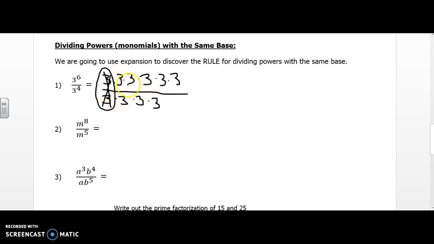Let's see how many pairs of these I can make. Well, I see another one right here. There's another pair of 3s, so we'll cancel those out. I see another one right here. I'll go ahead and cancel those out. And then I see another one right here. I will go ahead and cancel those out. So I've canceled out 1, 2, 3, 4 pairs of these 3s, and I'm left over with 2 in the